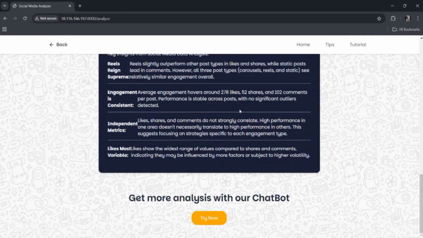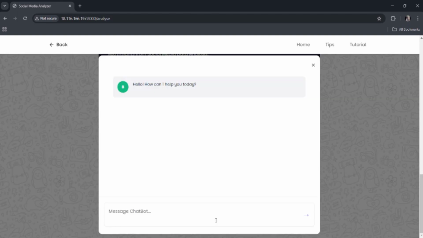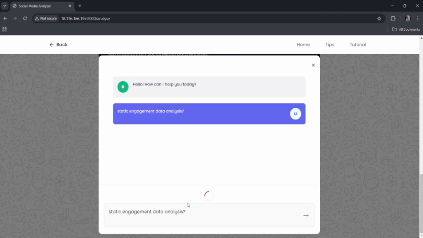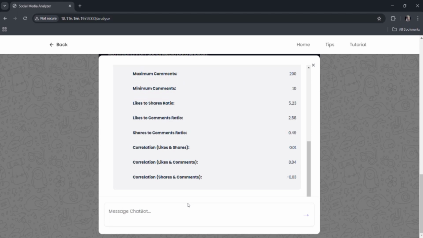The second object of our website is analysis with our chatbot, and our chatbot's name is Raj. So here you can analyze any of your engagement data, like static engagement data analysis. The fetch promise is executed. Here you can see